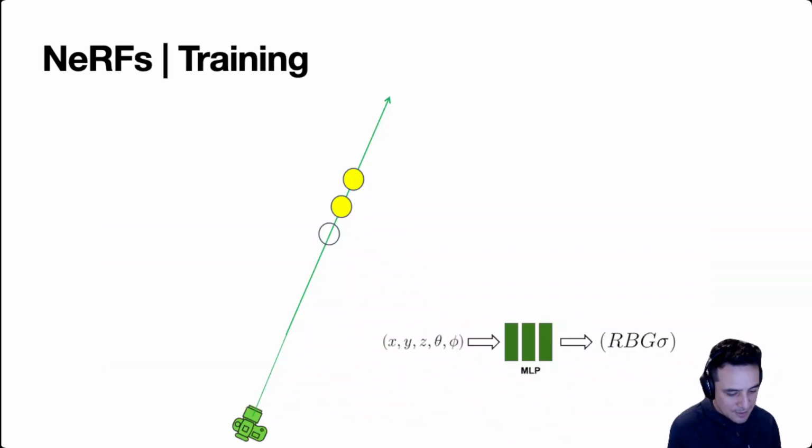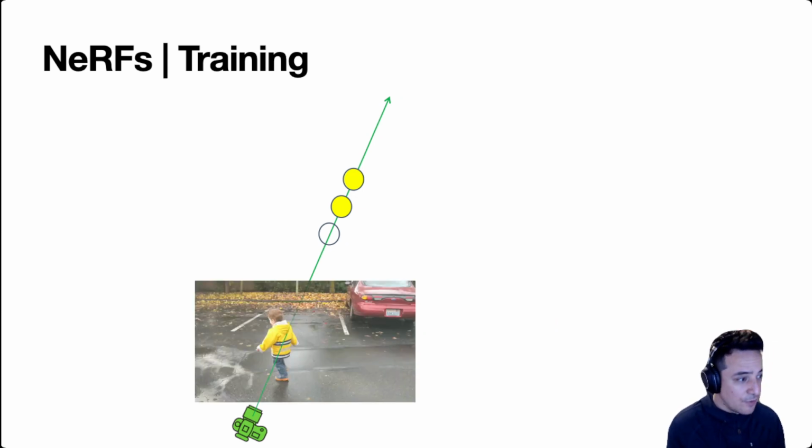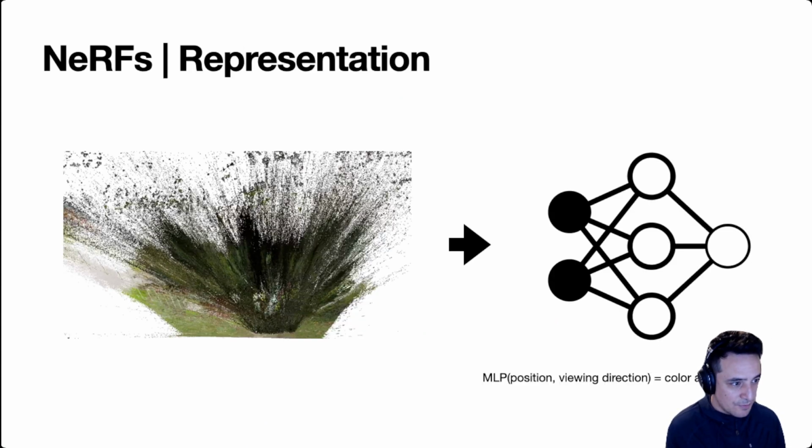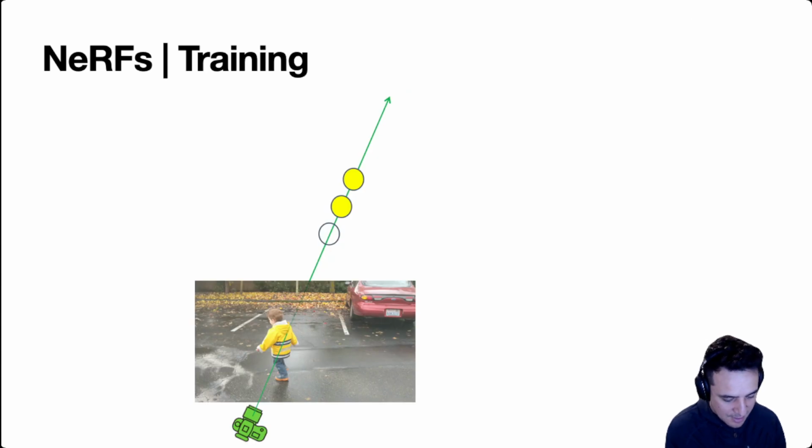But the idea behind NeRF is basically that you approximate the radiance of a scene. So you reconstruct a volumetric representation of the scene by storing that volumetric representation inside of an MLP. So at each location, we have an XYZ here, and then at each viewing direction, which is this theta phi, we basically store the RGB and some kind of transparency value. And then you can use standard volume rendering to render the results of this representation, and you can train it to match the color of the image here. So when I volume render this ray, I need it to match this image.